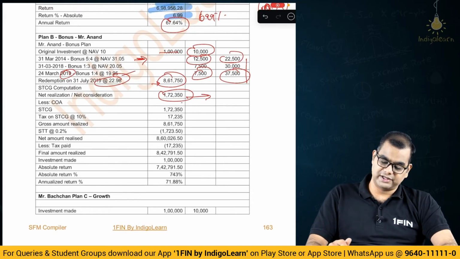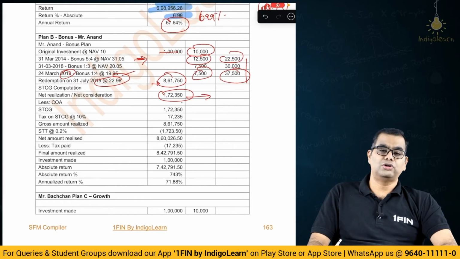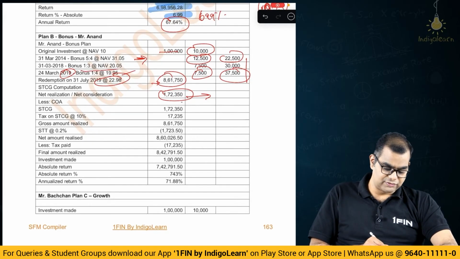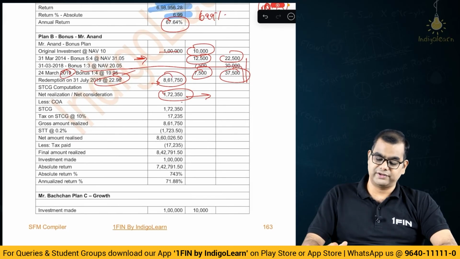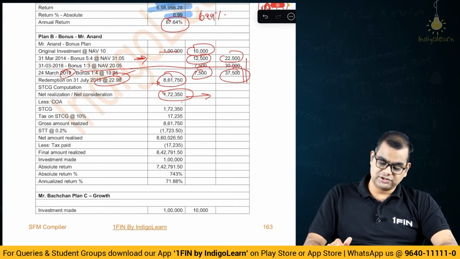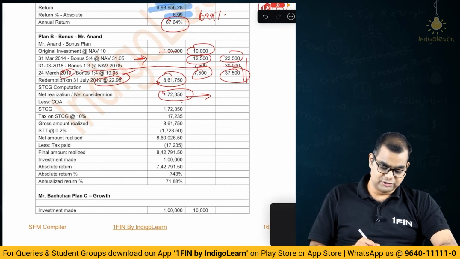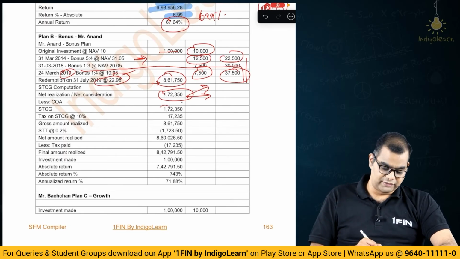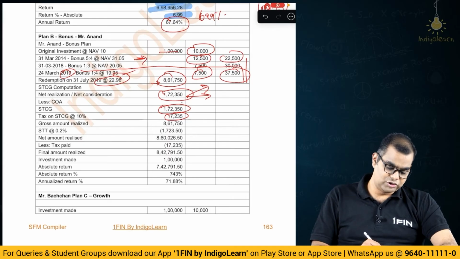So, 7,500 into 19.95. On what is short term capital gains computed? Only on something that happened in the last 1 year. So, 7,500 units are what we are bothered about. 7,500 into 22.98, that is the rate at which you sold. So, it is 1,72,350, but what is the cost of acquisition? It is a bonus, so 0 is the cost of acquisition. So, on the entire 1,72,000, you get 10%, which is 17,000, and then on the original 8,61,500, you get 0.2% as